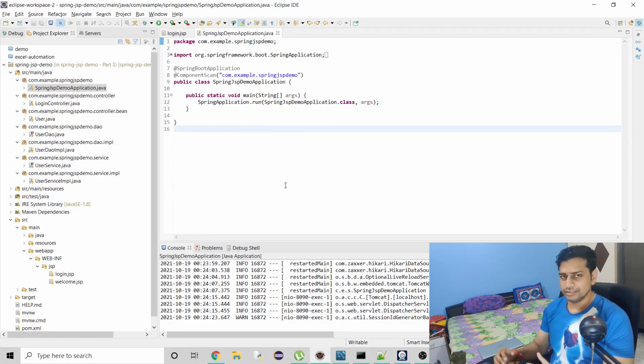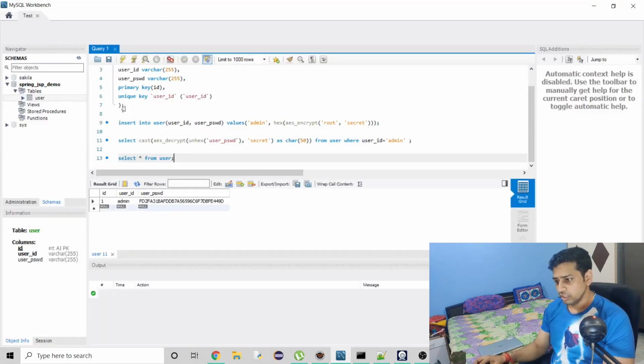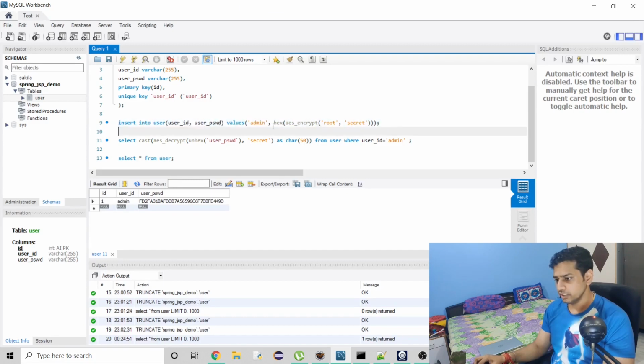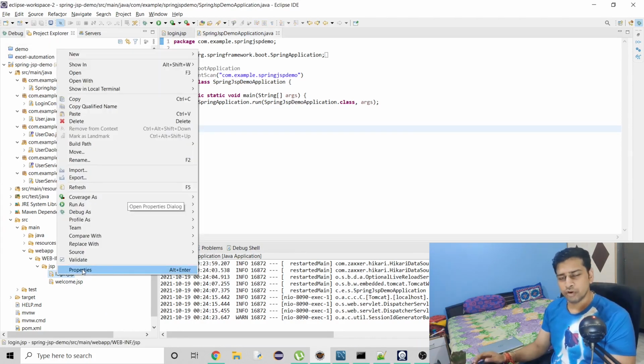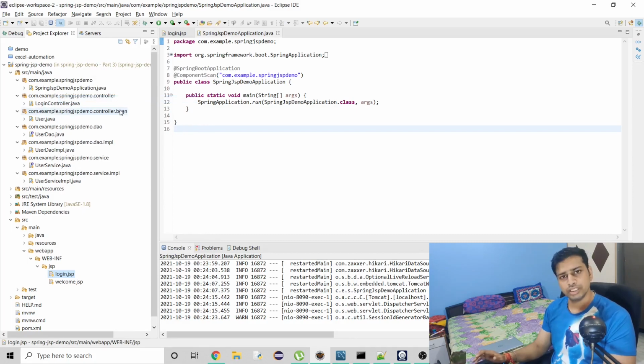So now let's say there is no user and you want to register that user. So I was manually hitting this query, and here you can see that admin is my user and password is root, and there is this secret key for the encryption, and the same I was using for the decryption. Now I will handle this insert query using Java code. So first I need a view. I will just have a replica of login.jsp, because the format is going to be very similar, since I'm not having a lot of user details, so I will not be asking a lot of details from the user.